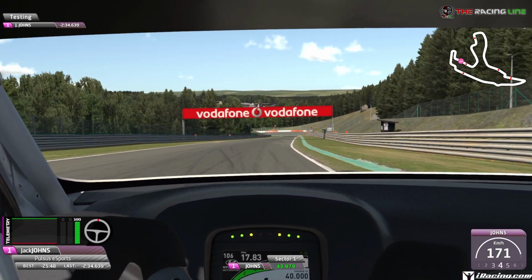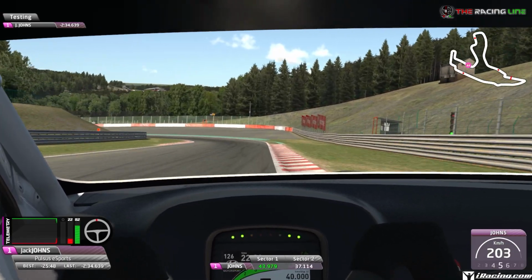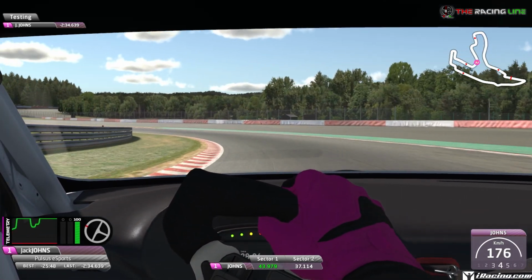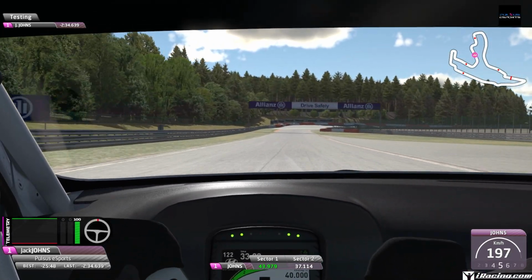Keep it on the right hand side as we go down this hill. We're looking for the orange marshal door on the right hand side. There it is, hard on the brakes from fifth down to fourth, hit this first apex and now start accelerating through, feathering the throttle if you need to make sure you don't understeer off the circuit through this corner. You can use all the track here, try not to go over that curve, back over to the left now,